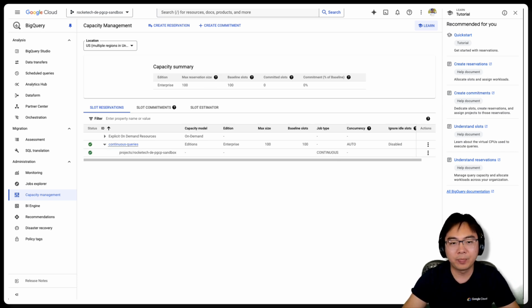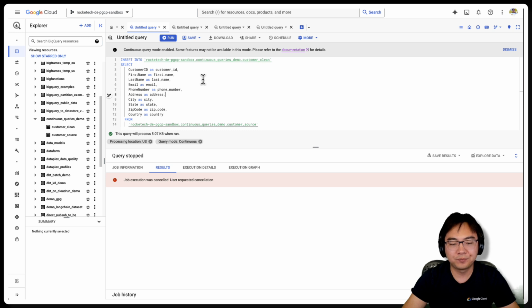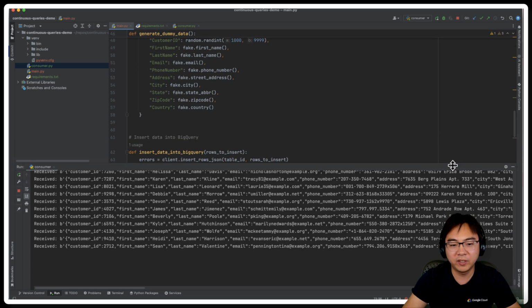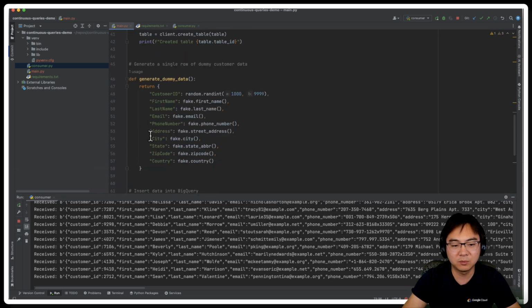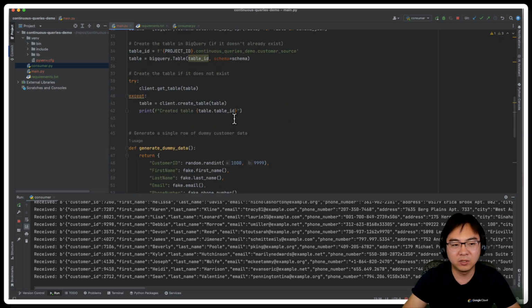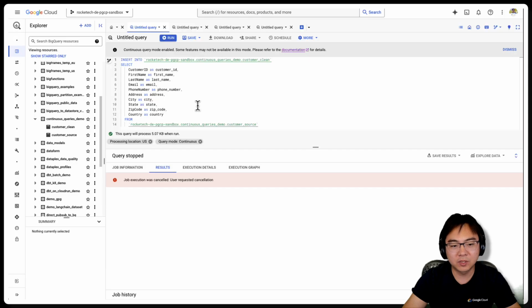So once you've done that, this is what it looks like. I've got two use cases for you. One is you can use the insert into statement. I've got some dummy code here to generate some fake data for a customer. You can see I've got customer ID, first name, last name, all of that stuff, right? So what I'm doing is basically just creating a schema here, and then within this customer source table, that I basically